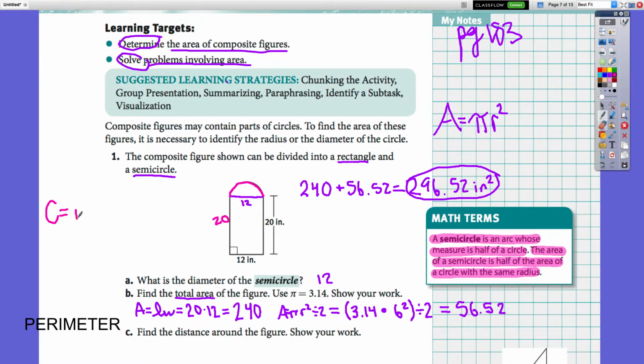So the circumference equals pi times the diameter, or again, 3.14 times 12, which is going to give us 37.68. Now that's the distance around the entire circle, and we want half of that. So 37.68, again, divide by 2 is going to give us the length of that semicircle,